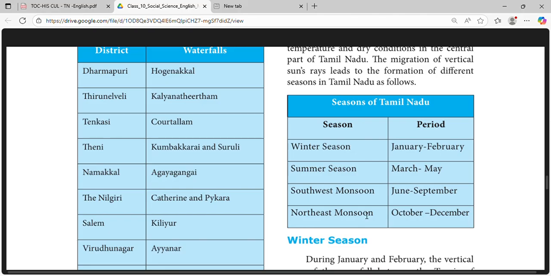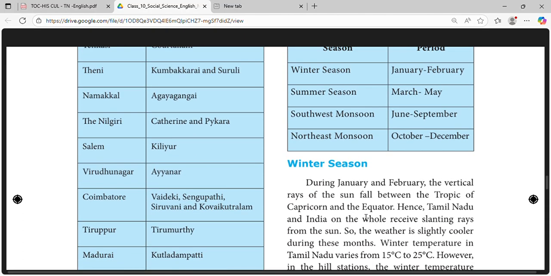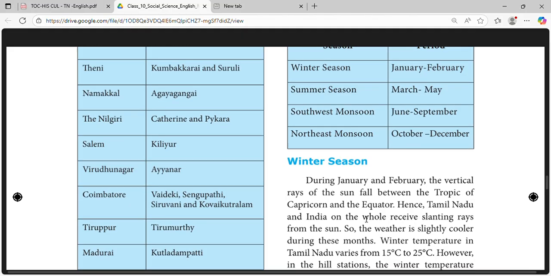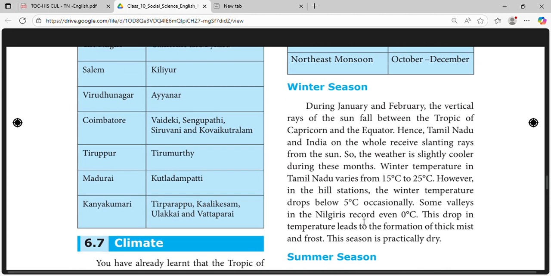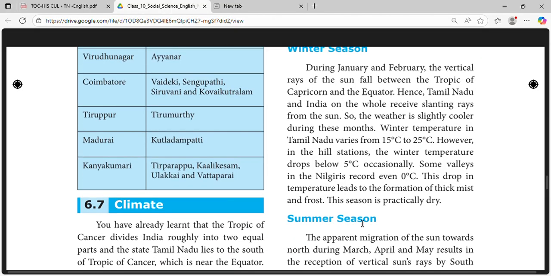Salem District, waterfalls Kiliyur. Virudhunagar District, waterfalls Ayyanar. Coimbatore, waterfalls Vaideki, Sengupathi, Siruvani and Kovai Kutralam. Tirumurthy, Madurai, Rampatti, Kanyakumari, Thirparappu, Kali, Samakesam, Ulakai and Vattaparai.